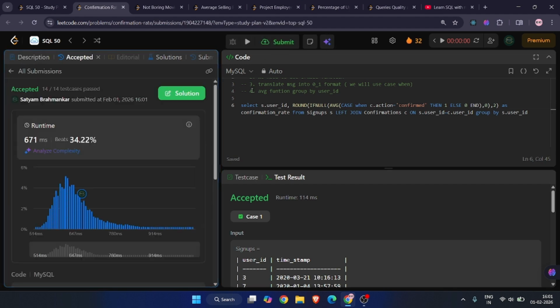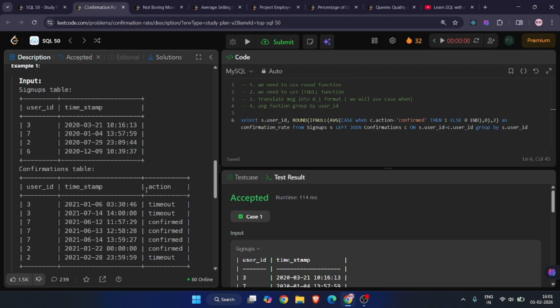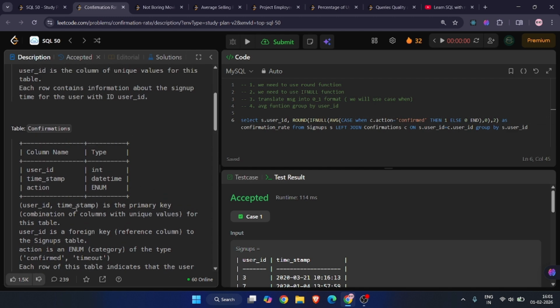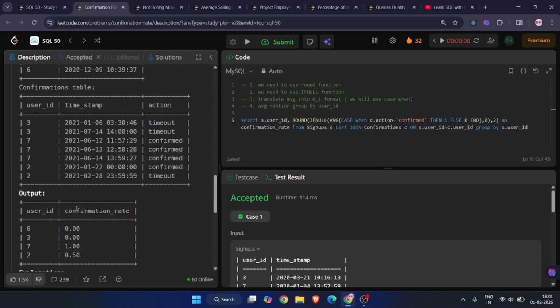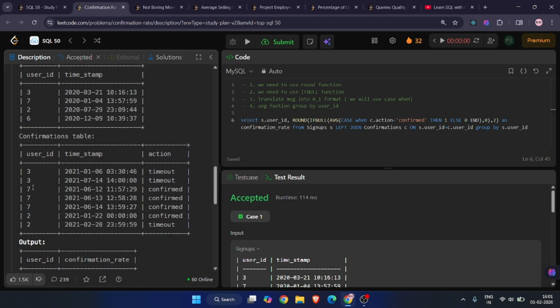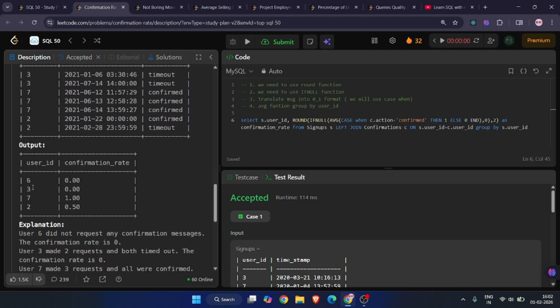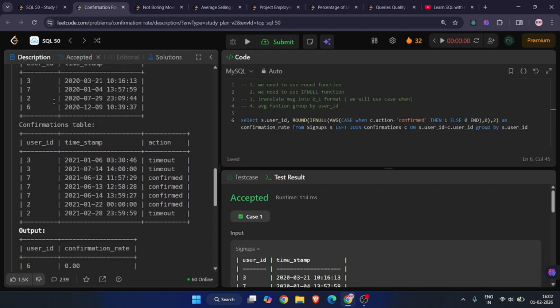So it's successfully passed. See, we haven't done anything magically. It seems complex, but it is not. Just figure out what is in the output and what we should return. Firstly, just observe what things we are returning. The thing is we need to use left join, we need to use the round function, and there is a chance